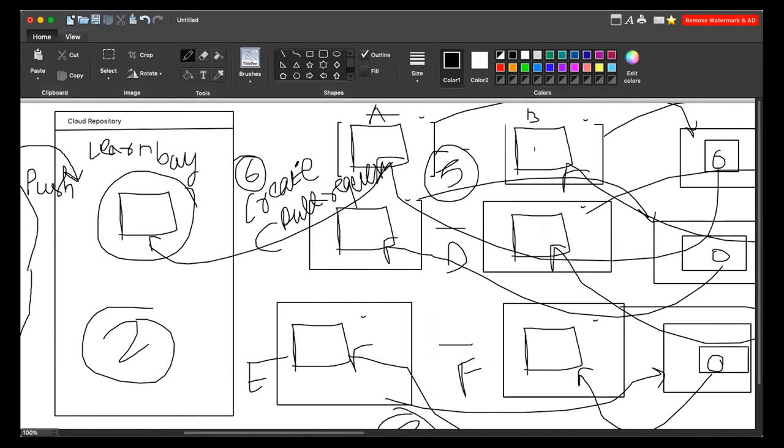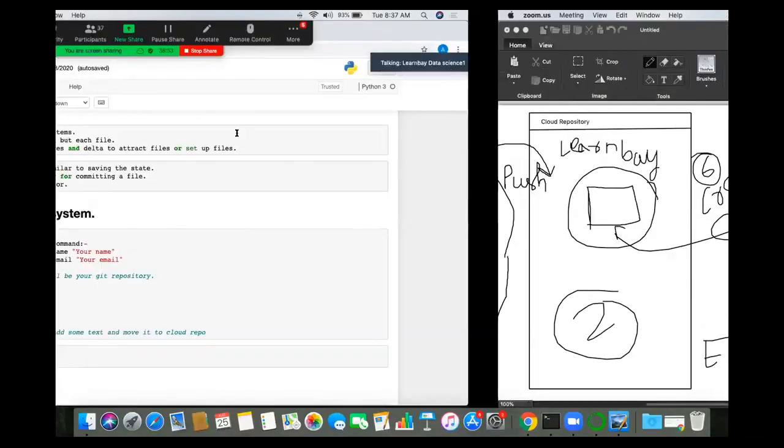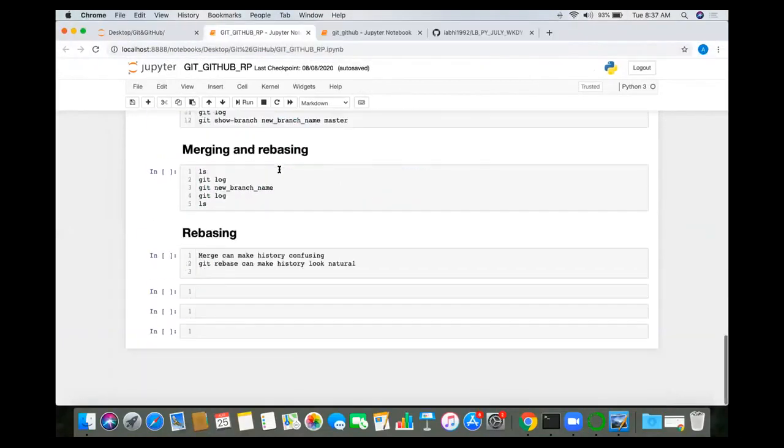Do you have a list of these commands written down somewhere, or is it available on Google? It is available on Google. You can get it, or I'm going to do it right now. So either you can make a note of it right now, or you can make a note of it after watching the videos, or I will be sharing this with you. Can you see this? Okay. So I'll be sharing this notebook with you. Okay. Fine.